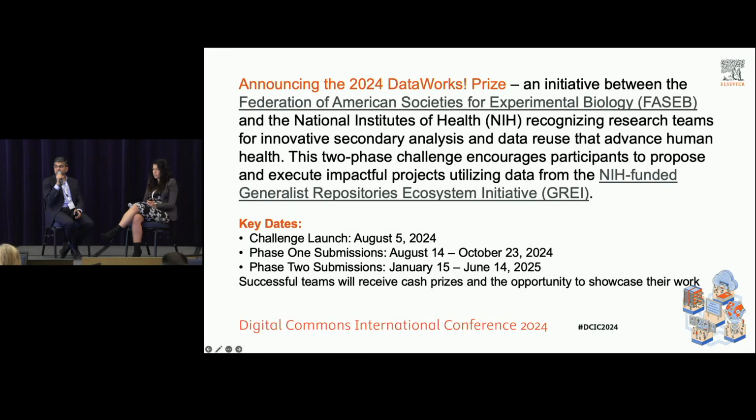And we've done this for 3 years now, and this year's competition is in fact partnering specifically with the Generalist repositories to see how much of the data in Generalist repositories can actually be reused. So at the end of the day, our goal is trying to make all of the data that's available useful and usable. Because there are requirements for data sharing, but then how do we figure out what data is best shared, when should it be shared, and what's the value of sharing it? And we want to be able to speak to that.